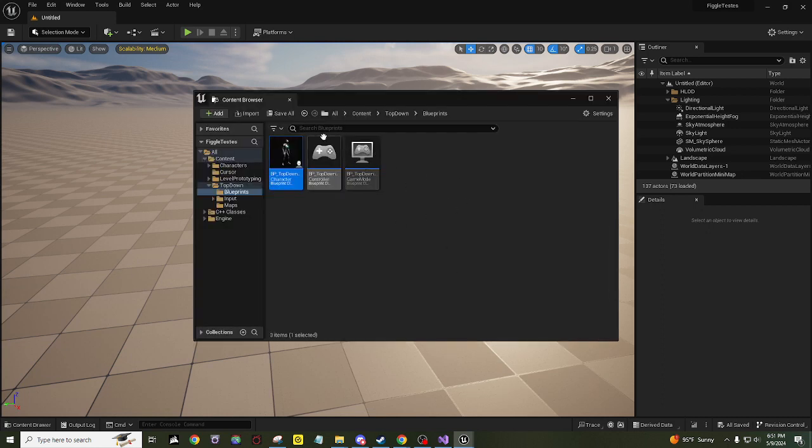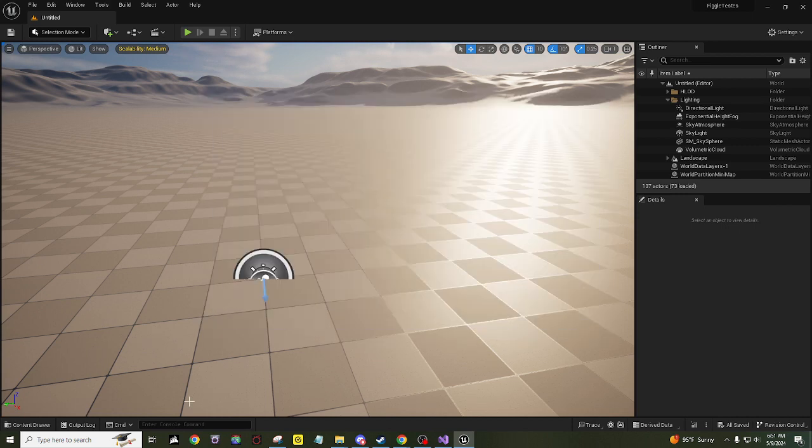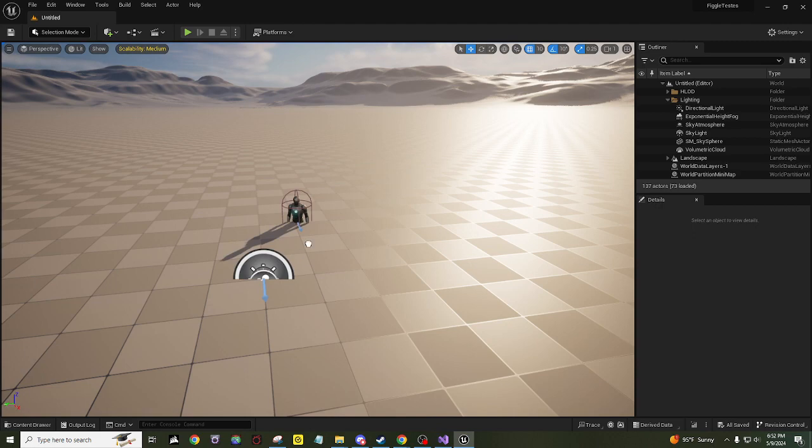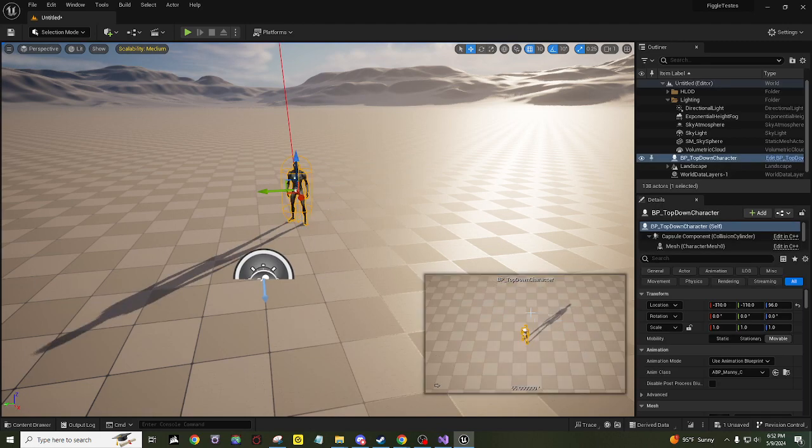It might yell at me because I've already added it. Okay, it didn't, but whatever. There's no confirm or anything, which is a little weird. So looking into the top-down blueprints, we can drag this guy into the world, and then you'll see this is,